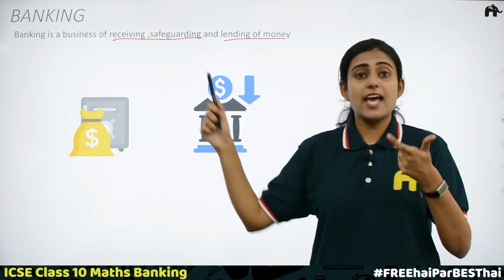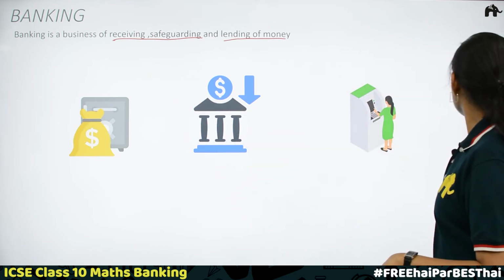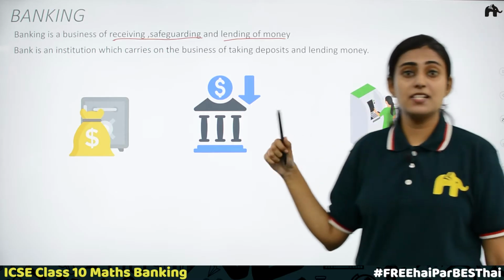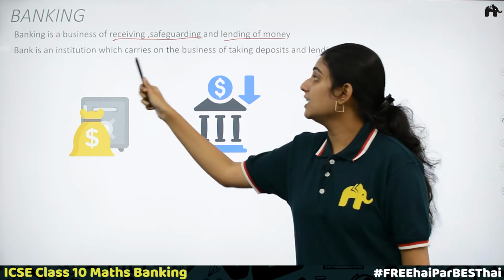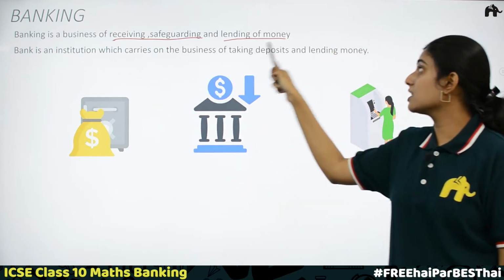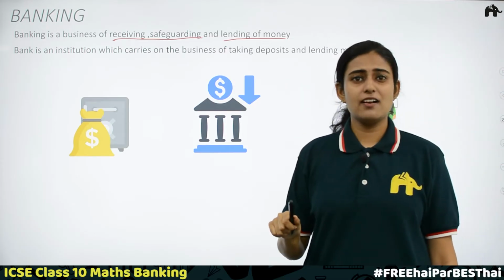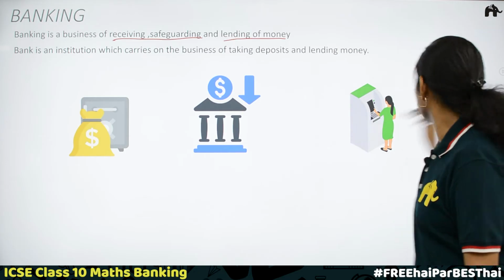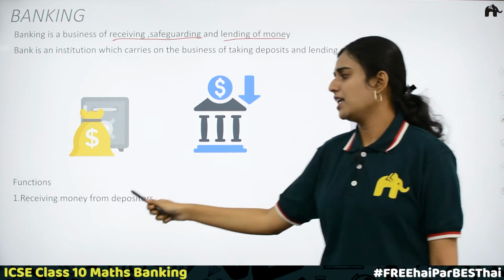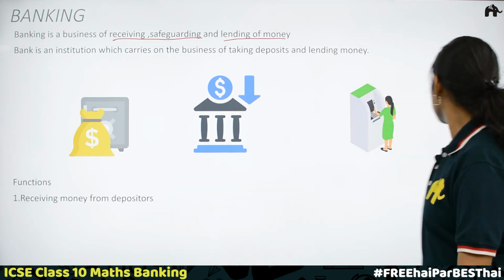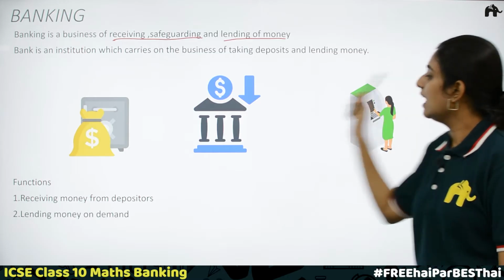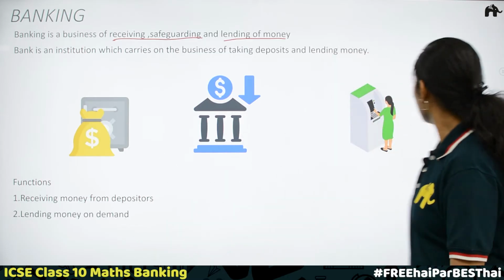Now, banking is actually a process. And the place where this process happens is called a bank. A bank is an institution which carries on the business of taking deposits and lending money. Do we really need a bank? What are the main functions of a bank? First one, receiving money from depositors. Second, lending money on demand. And the third,